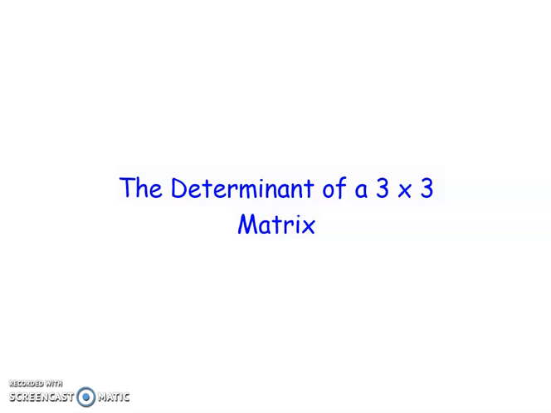What I want to look at here in this video is calculating the determinant of a 3 by 3 matrix. Now, in order to do this, what we're essentially going to do is take a 3 by 3 matrix and expand it along a row and column such that we can eliminate that row and column from our pattern and then create a 2 by 2 matrix with the elements that are left over and apply calculating the determinant of